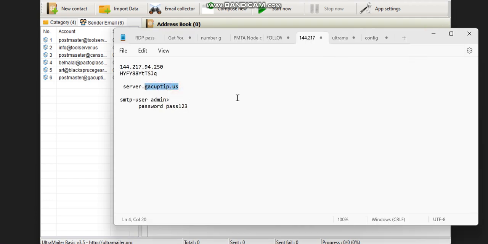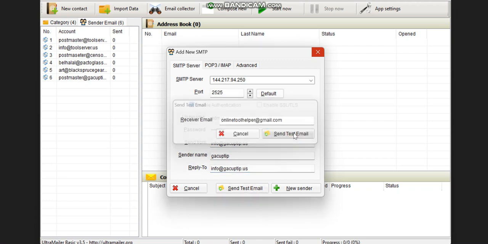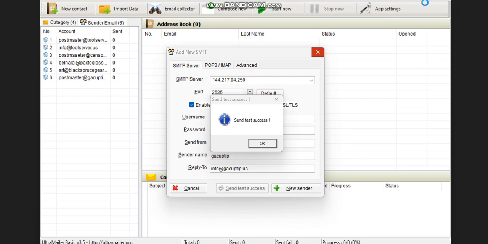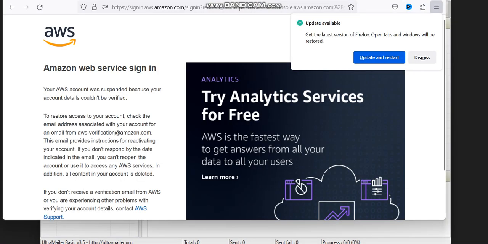So this .us, and the send from name. Our reply to can be the same as this. Let's use this for now. Copy this and paste, then hit send test and send the test to this Gmail. You can see it shows send test success. Okay, so to confirm this, we'll open our browser, open the Firefox browser, and I'm going to log in to my